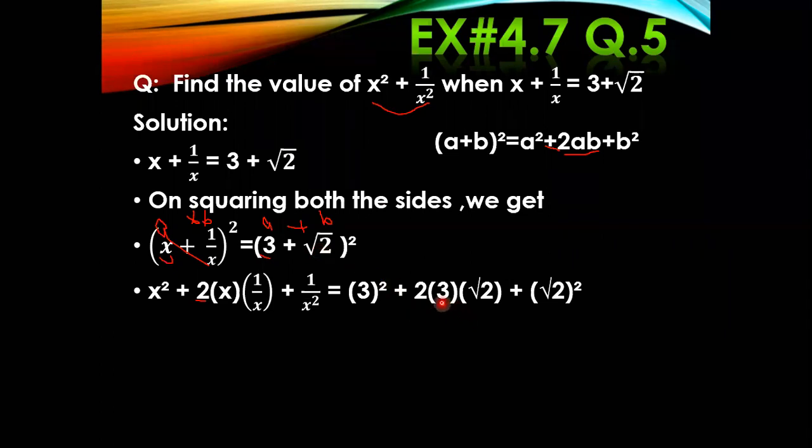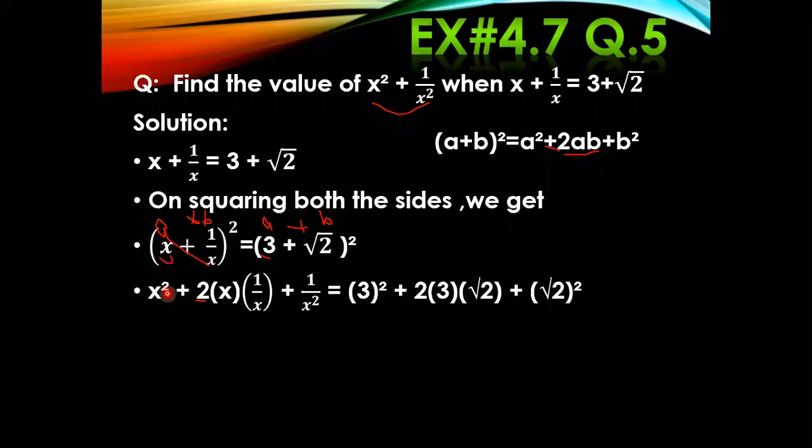Okay, so what you will do is simply multiply term a with b and also with 2, then the formula's plus sign, and then you will take the square of term b as well. What is your term b here? Under root 2. Okay, so you will take the square of under root 2. Now how will you solve it?